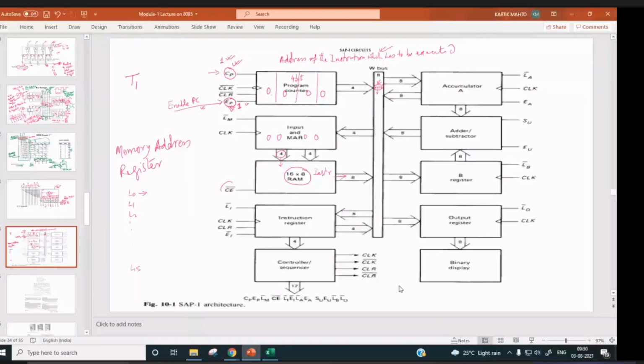If it is made 0, then the instruction will come out from here and go to the instruction register over here. So the first instruction, instruction 0, will come out and go to the instruction register. Now here again the instruction will be decoded.